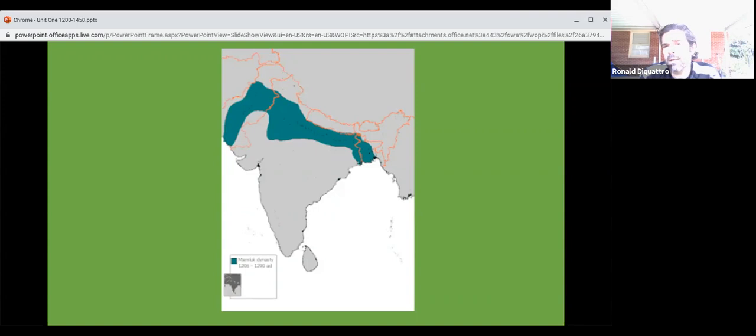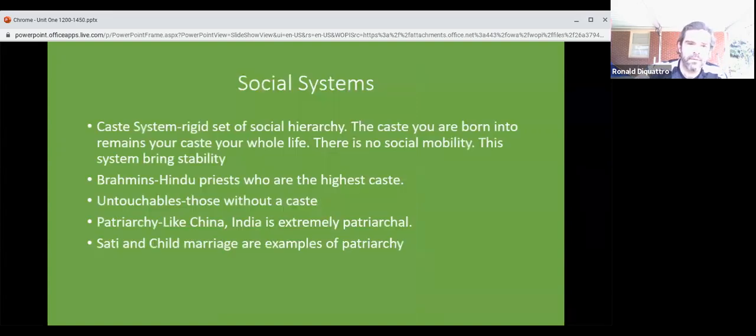Now, if you know anything about South Asia and you looked at this map, you would also know that this is the region of India and Pakistan and Bangladesh that are the most Muslim even to this day. This is the region in South Asia that tends to be the most Muslim all the way up to this time period. And this was something that was started way back by 1200 AD.